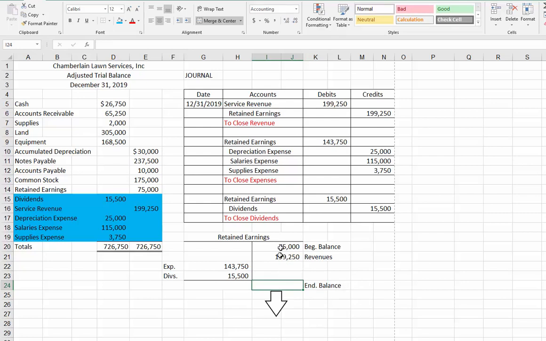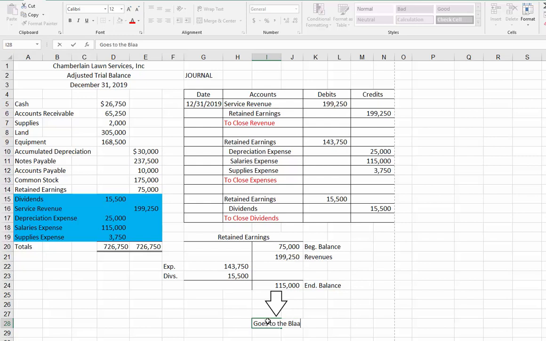This is a credit balance account, so we're going to take our beginning balance, our $75,000, add credits, and subtract debits. And that's going to give us our ending balance. Okay, so our ending balance in our retained earnings is $115,000, and that amount goes to